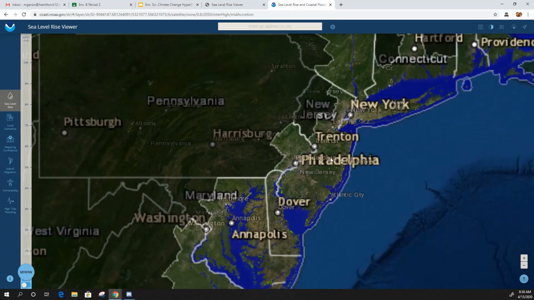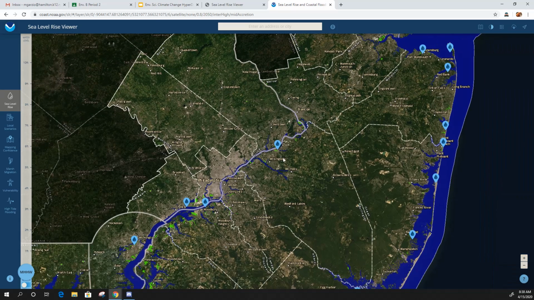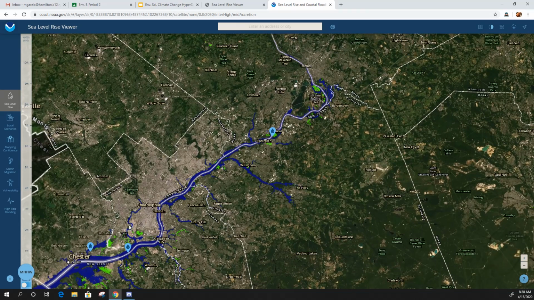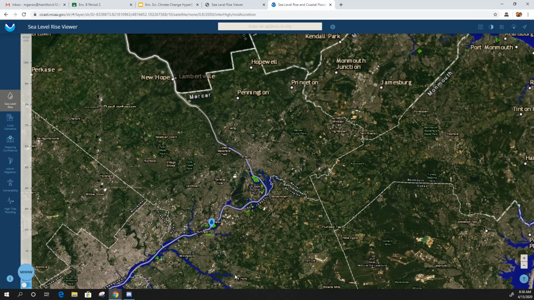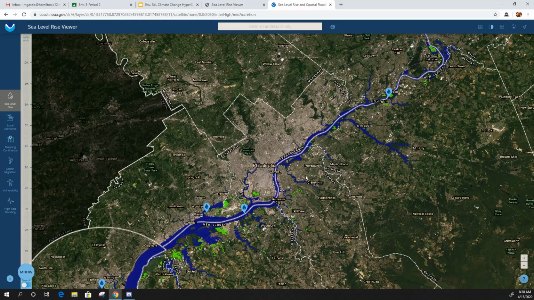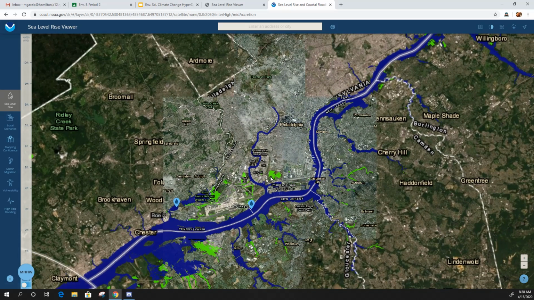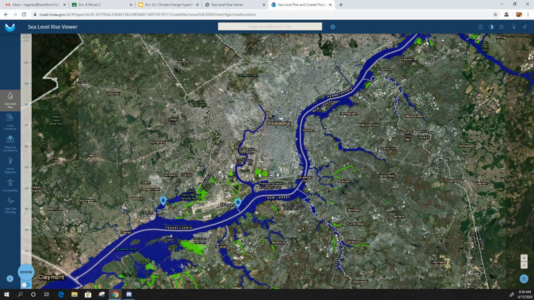I can zoom in, not hard. Go into Philadelphia. Philadelphia is down here, Trenton up here. We can go to Hamilton West in a second in that area. So, all right, if I go here,